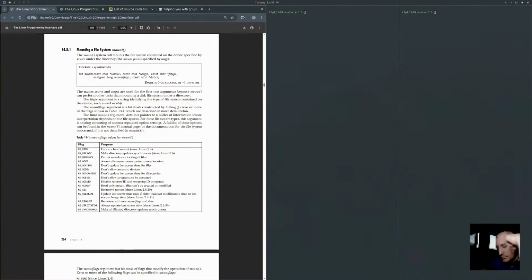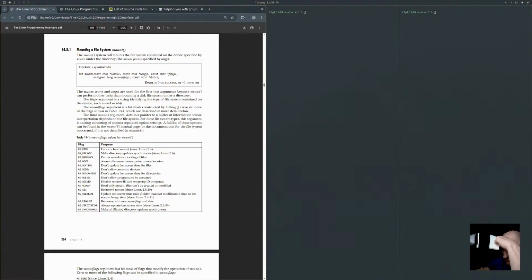The fs type argument is a string identifying the type of file system contained on the device. The mount flags argument is a bit mask constructed by ORing 0 or more of the flags shown in table 14.1, which are described in more detail below.